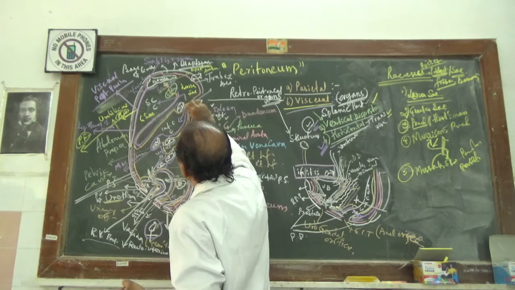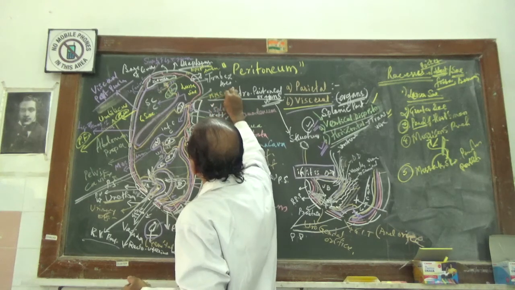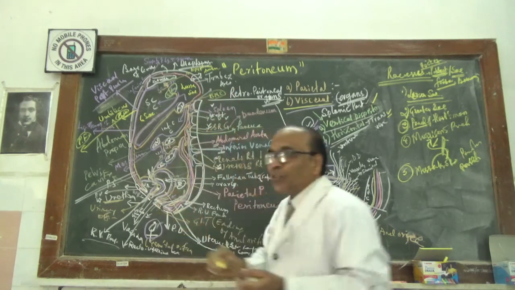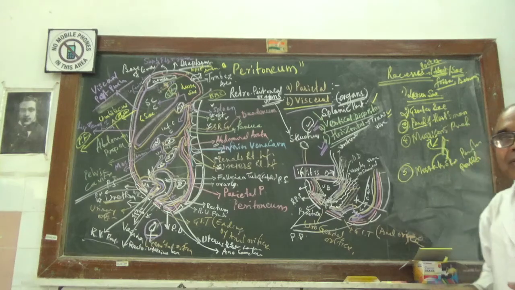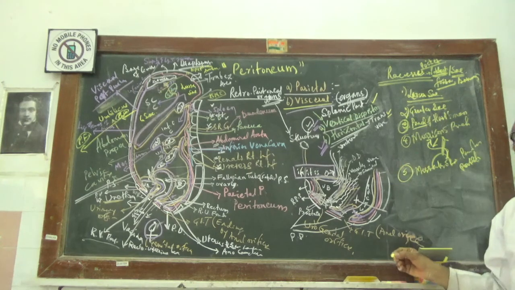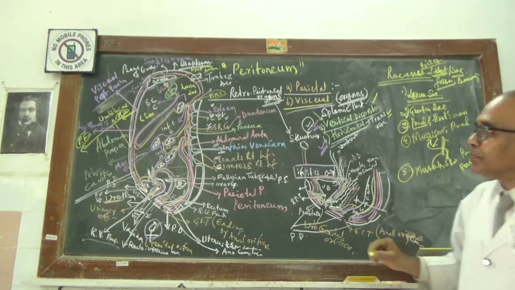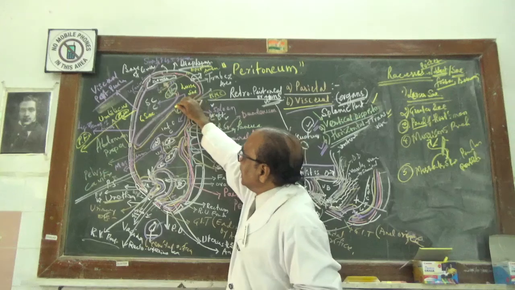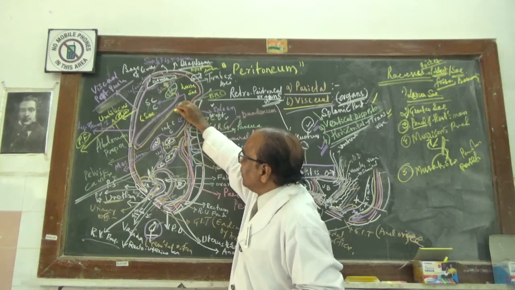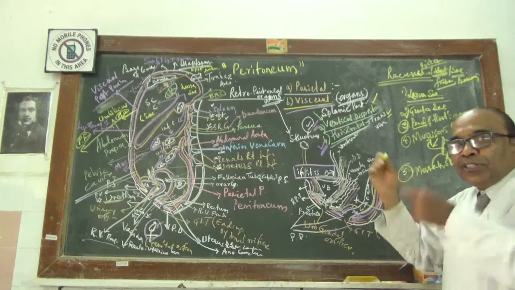This is the transverse mesocolon. Now this transverse mesocolon is formed by the superior layer of the greater omentum, and the inferior layer of the greater omentum comes and meets the back